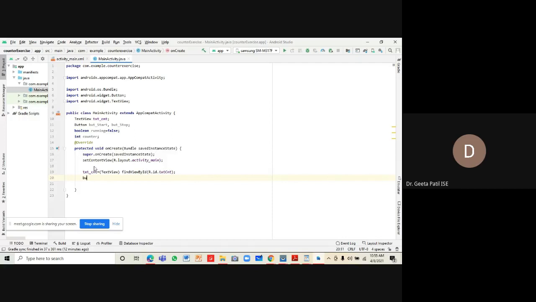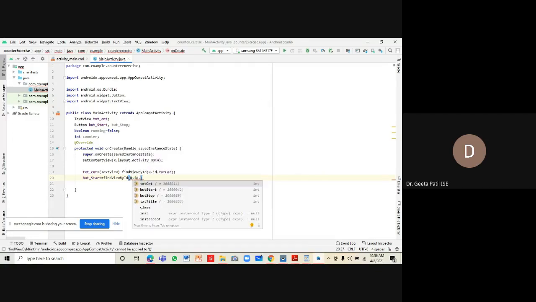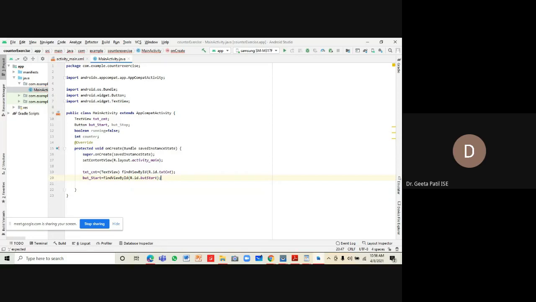Then button start is equal to findViewById from resources R dot id dot start button, a reference to button start from the XML file.